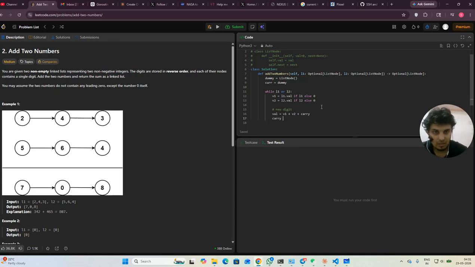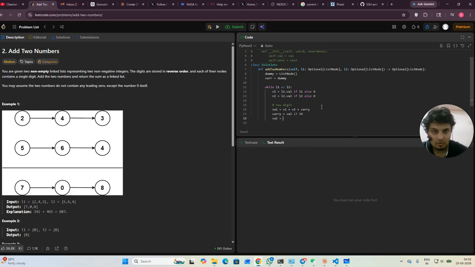And what is the value of carry? Carry is equal to the value that we're gonna get divided by 10. That is the carry. Okay, and the val is going to be val mod 10. So carry is equal to carry divided by 10. This is the number of times the value is being divided by 10. So it's gonna give us 1 or 2 or whatever, and the value is